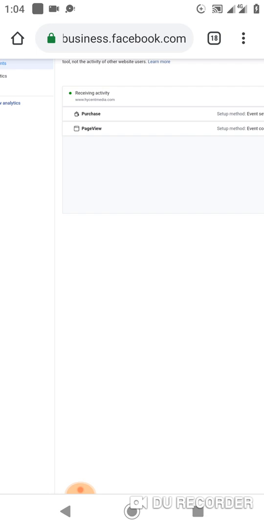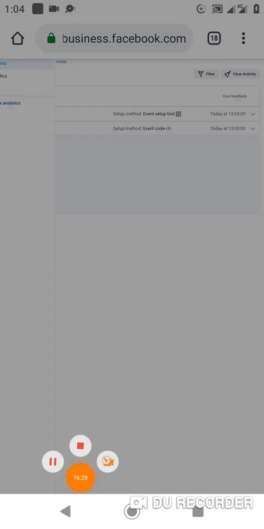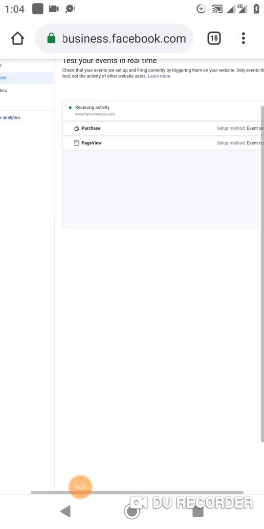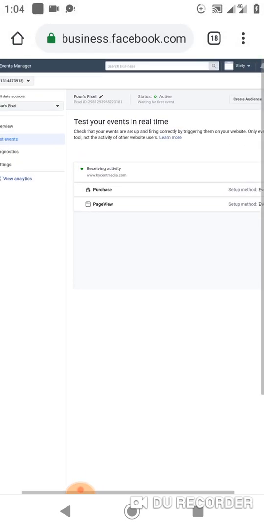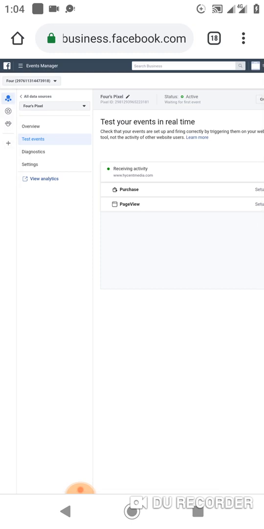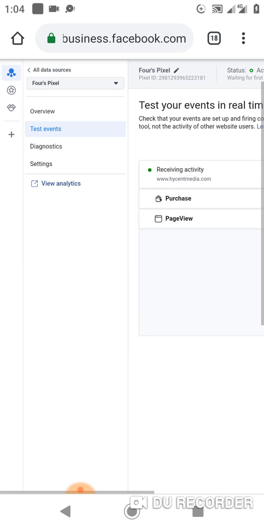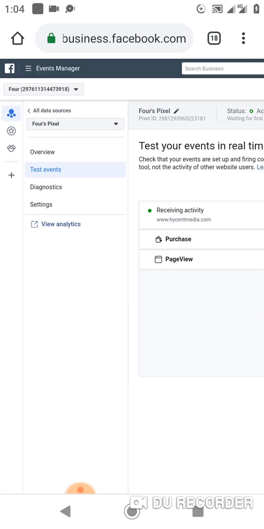That was why you saw that after I tested the initial pixel code, it took me to another page where I had to follow the instructions there, and at one point I selected my purchase as my pixel. All right, that is that. Let's get to the next point. Now that I've done these two, they are not quite hard, they are not technical. If you know about WordPress, you shouldn't find this aspect hard. So the last thing, rather, is to